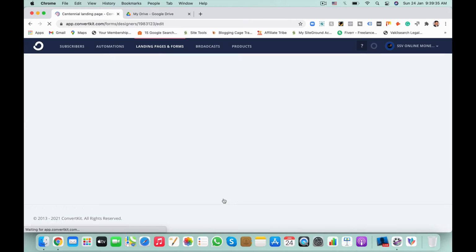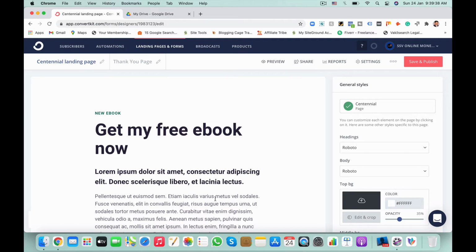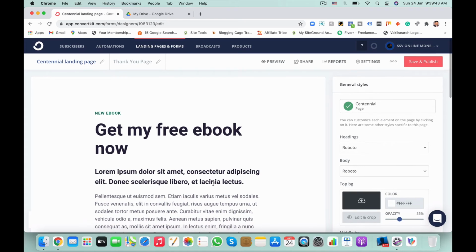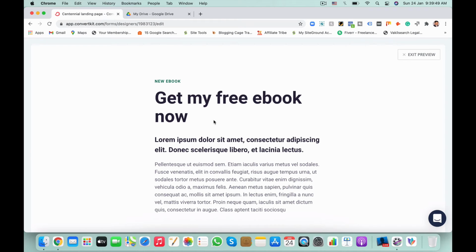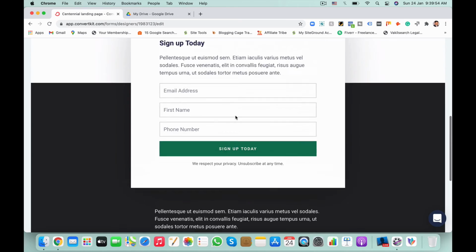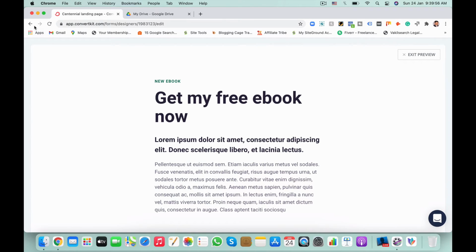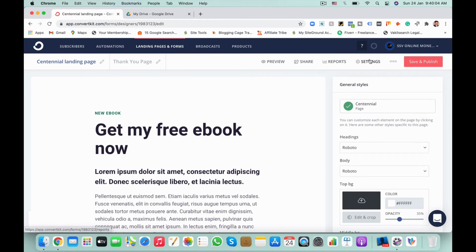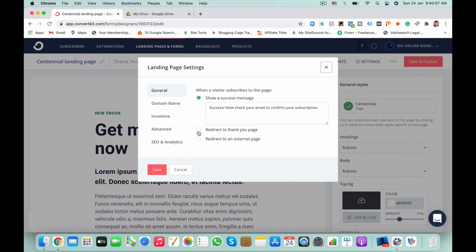This is the landing page we have just created. Here you can see the preview of the landing page, my free ebook. In settings, you have to select redirect to thank you page.